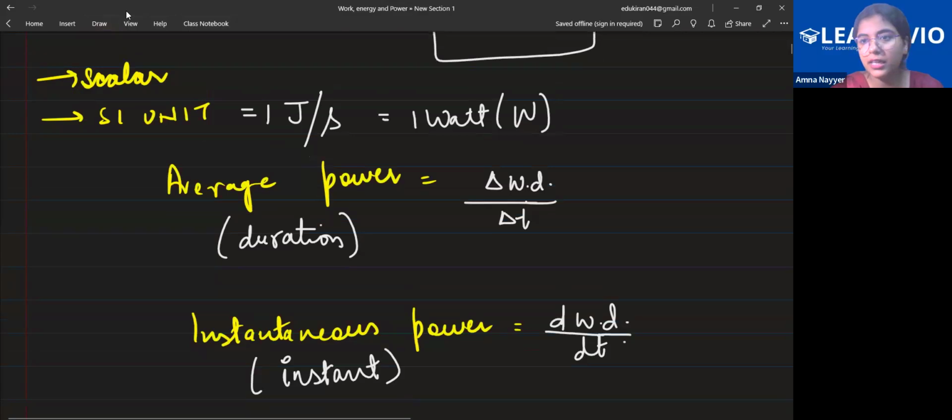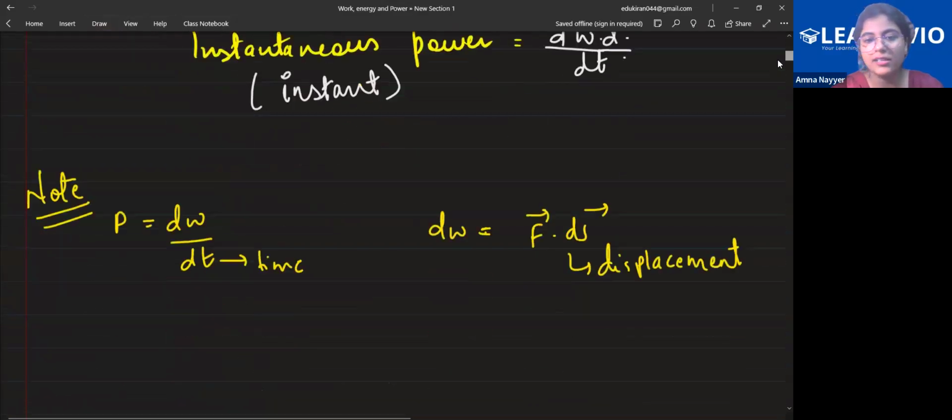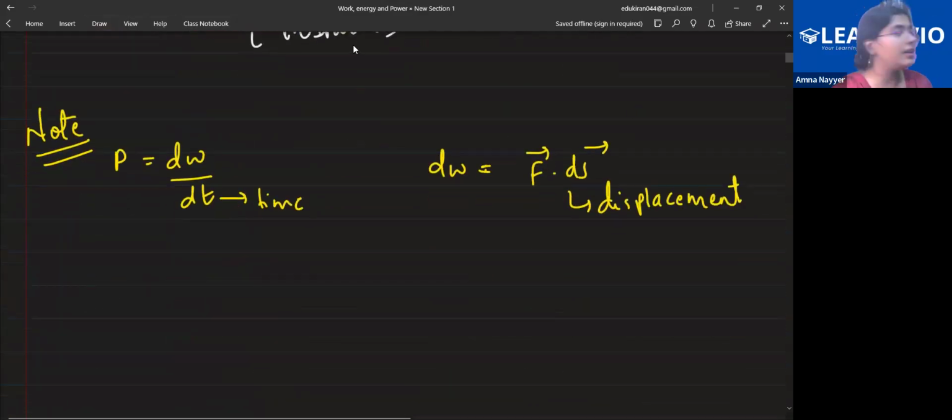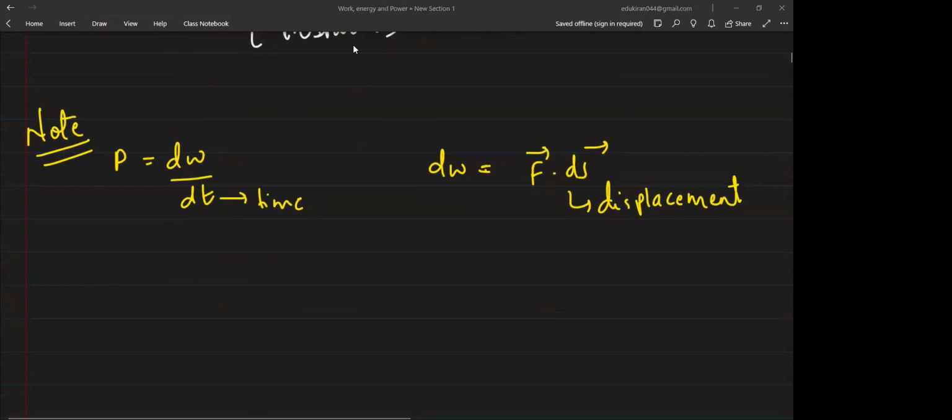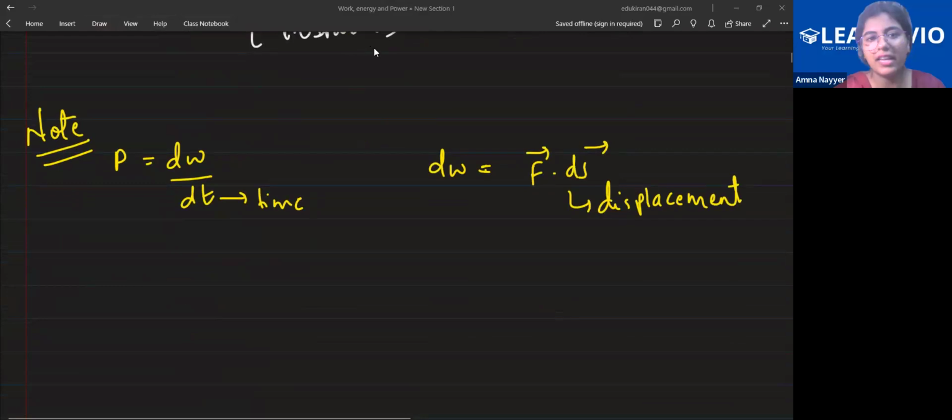Talking about this formula of power. See, power is equal to work done divided by time. Just that. So whenever we are talking about power equal to work done by time, work done was force into displacement. So now in this new formula of power which you've studied, power is equal to dW over dt. So if you substitute,